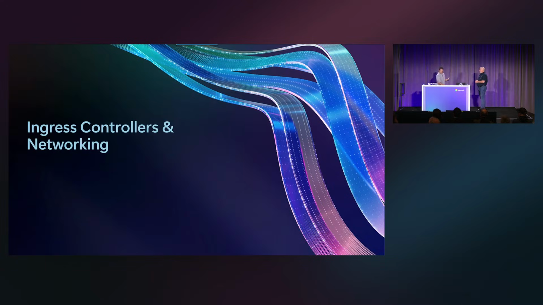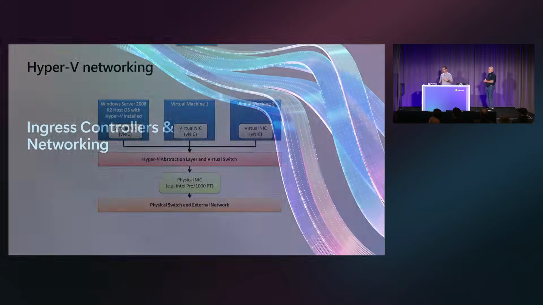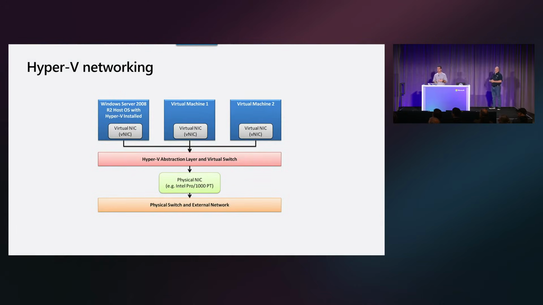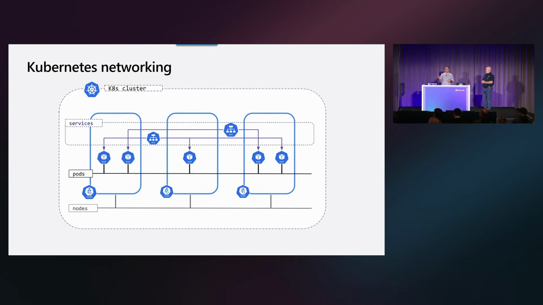The next part is ingress controllers and networking. Now, how many of you are familiar with this view? All right. I was hoping for more hands up, but essentially this is just to say, when you manage a VM, you essentially give it a virtual network. That virtual network card is connected to a virtual switch, but that virtual switch is connected to a physical switch, and essentially you are giving an IP address and you are putting that VM inside of the network just like any other machine, right? When we go to Kubernetes, it's a little bit more complex because there are multiple ways